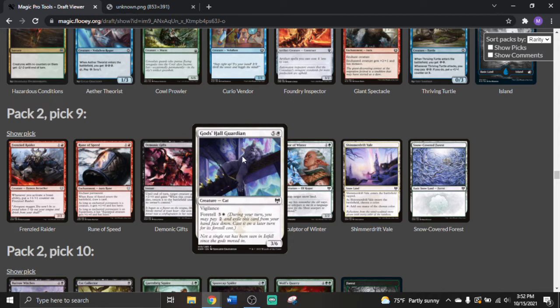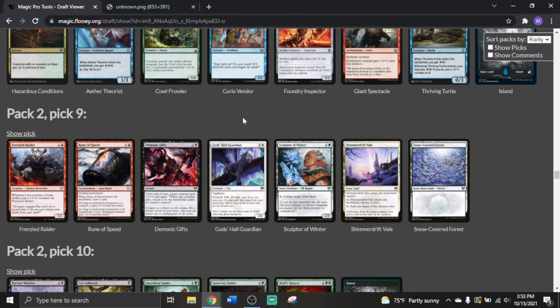So I haven't played with Kaldheim, so I don't really know how good the cards are, but this seemed like a pretty decent one to me. You pay 2 up front, and then later you pay 4 mana. You get a 3/6 Vigilance, which is a pretty large body. And if you have to pay 6 in one turn, that's not the end of the world either. So I thought that this one was a pretty decent body,